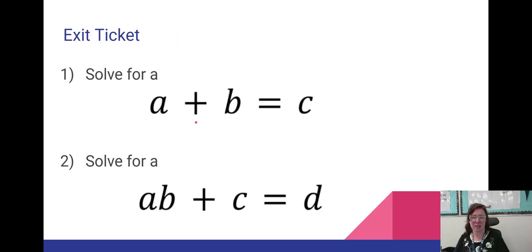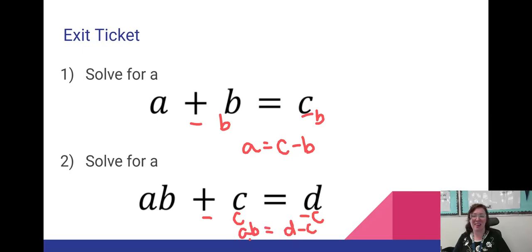Solve for A. This is a simple one. Just subtract B on both sides, and we get A equals literally C minus B, because we can't combine them. Solve for A. First, we get rid of C. So we have AB equals D minus C. Then divide both sides by B, and your answer is literally D minus C